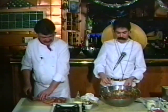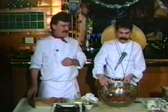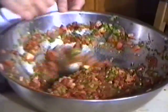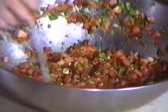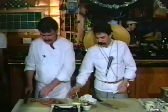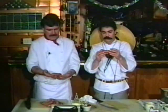Before we got a break, we were making salsa, and what I did was added some garlic, some tomato juice, some shallots to it, some white wine vinegar, and it's all set to go. Done. So that's taken care of. Let's file it behind us. Okay, next what we're going to do, Ross has some chorizo sausages, which are very hot,